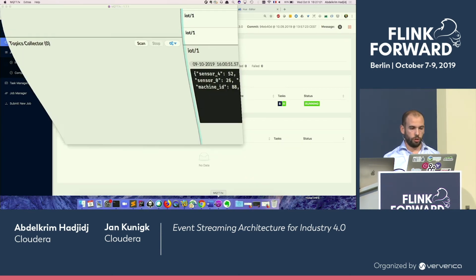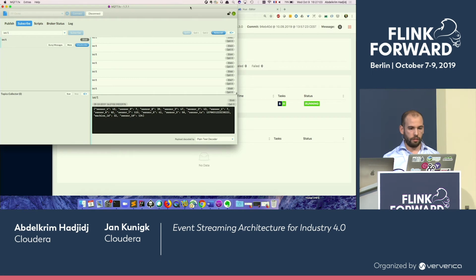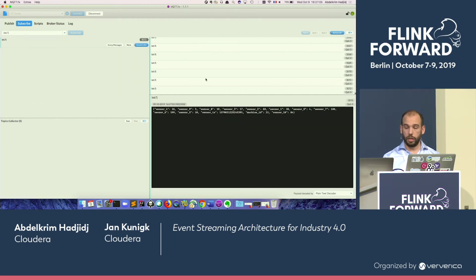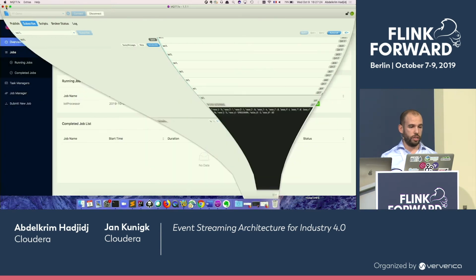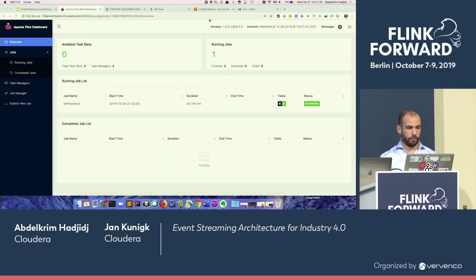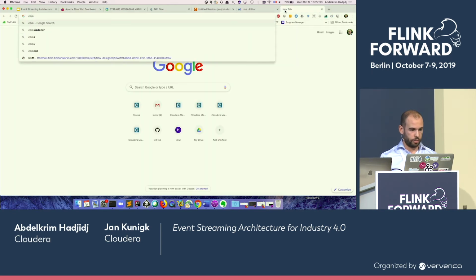So if I look at one of my plants, I have one MQTT client here. As you can see, in each plant we have an MQTT broker that is receiving sensor data coming from the plant. We have some timestamp, and we have different sensors. So the idea is to be able to bring all this data into my cluster. So what we need to do first is use the CEM, which is the edge management part.